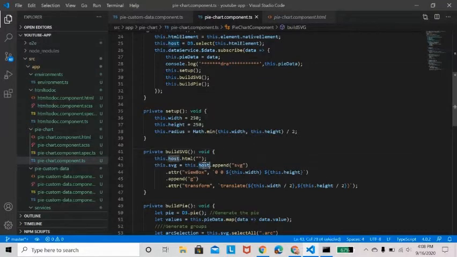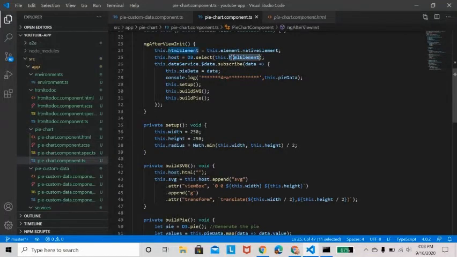Here this host is nothing but our HTML element, that is the container div. So to that div we are going to append an SVG tag. With the SVG tag, with the attribute viewBox, we set the width and height of our circle and then transform that into a circle with the corresponding radius.